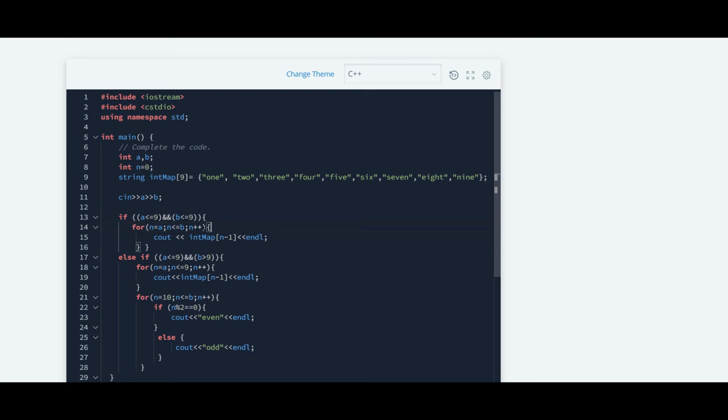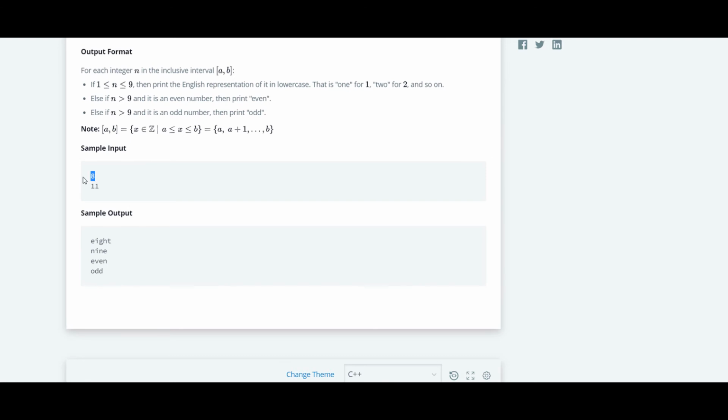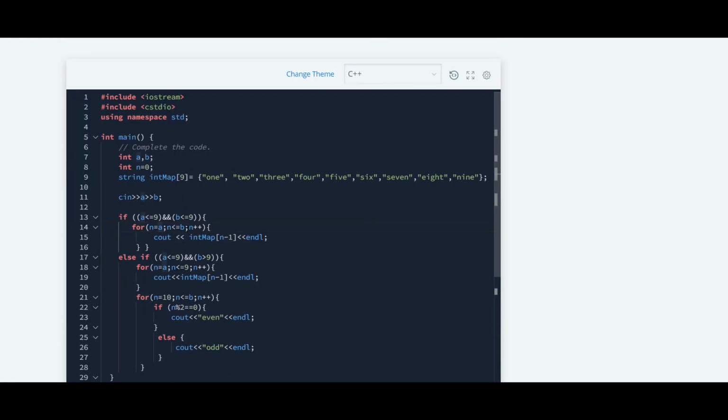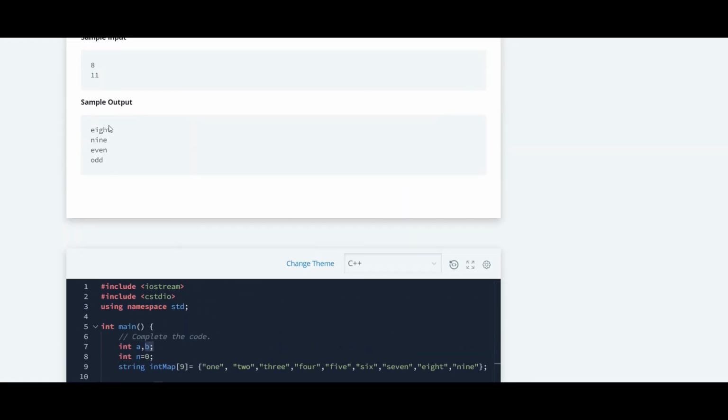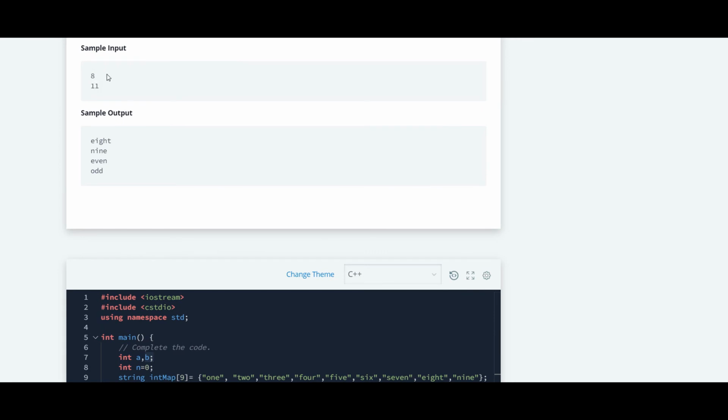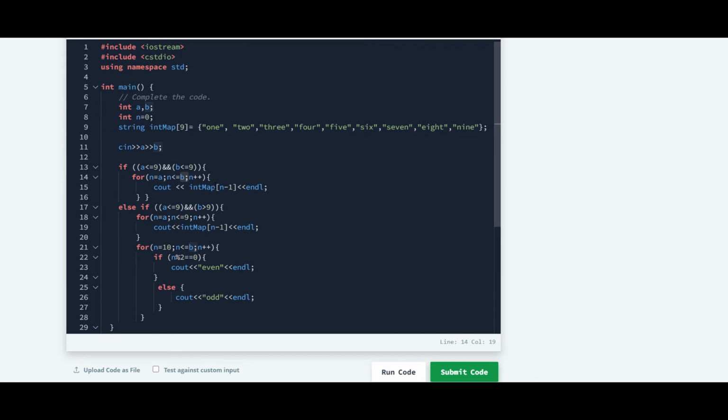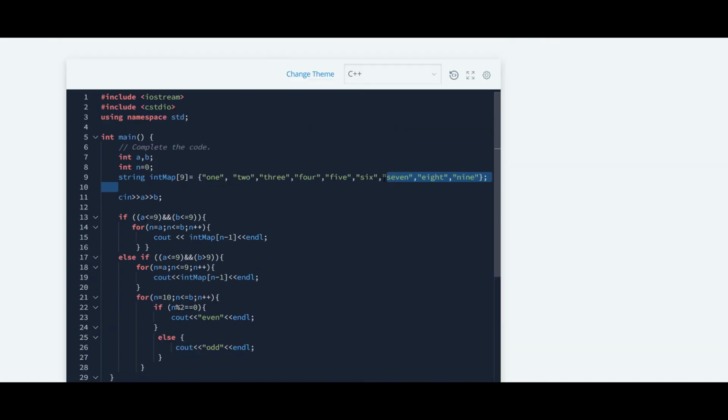So this condition starts from A, which is this 8, and goes to B, which here is 11. So it will take all numbers from 8 to 11, and it is going to print from int map their appropriate English representation in lowercase.